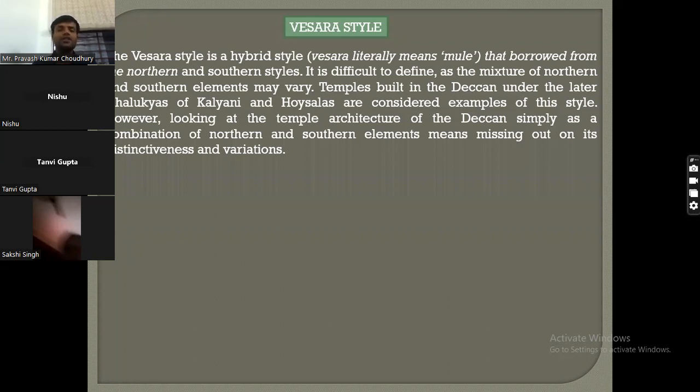So we have a mixture of both the styles when we talk of the Besar style, and wherever we get a mixture of both the styles, that particular style is referred to as the Besar style of temple architecture. So you have the Chalukya of Kalyani, Hoysala, who actually patronized the construction of numerous